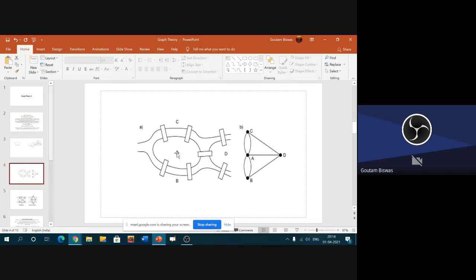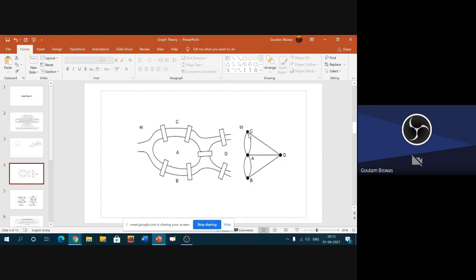Then he asked the old people in the village. They told him that they had also seen it for the last 50 years, but nobody has solved this problem. So Euler began to think, what is the problem? Is it a new problem? And that's why graph theory was generated. This is the first picture given by Euler in his 1736 paper. I have also got that paper.